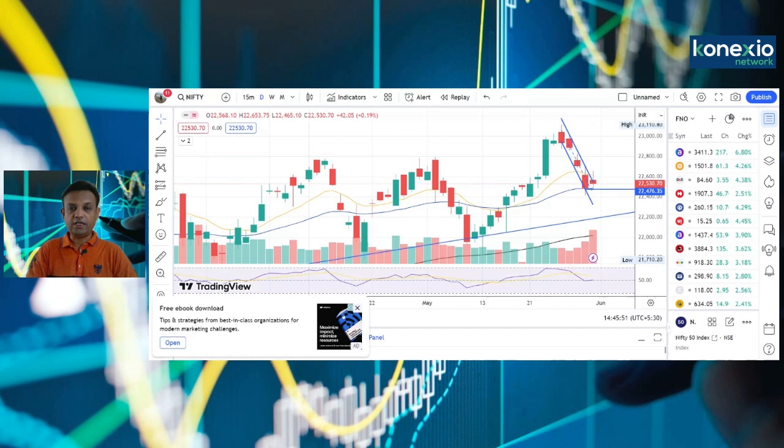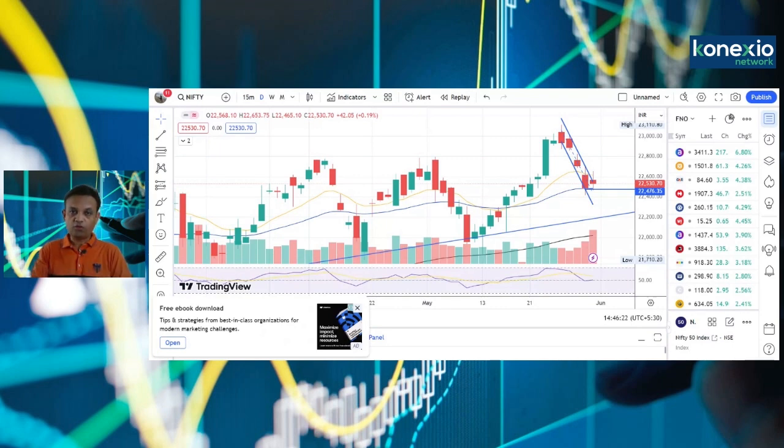Traders should try to follow these levels, buy on supports, and try to book profits on the resistance. This should be the strategy, or else one should follow a 30 minutes to 45 minutes range breakout strategy. One should mark highs and lows of 30 or 45 minutes, whichever is comfortable to the individual trader. If it breaks highs, go long. If it breaks low, go short. But looking at the current setup, I would suggest avoid going short.